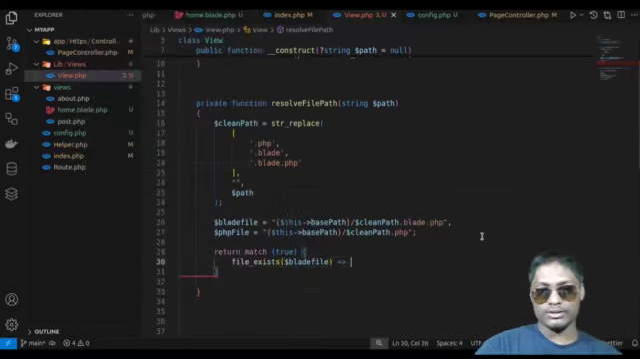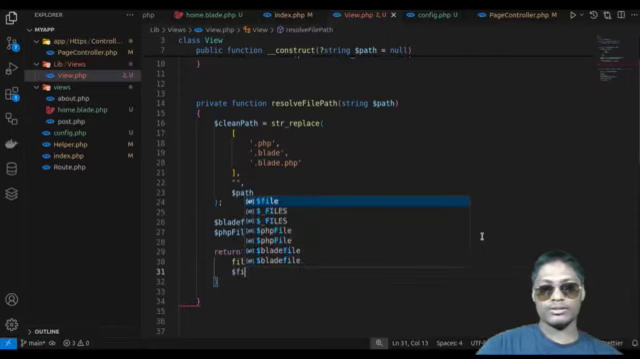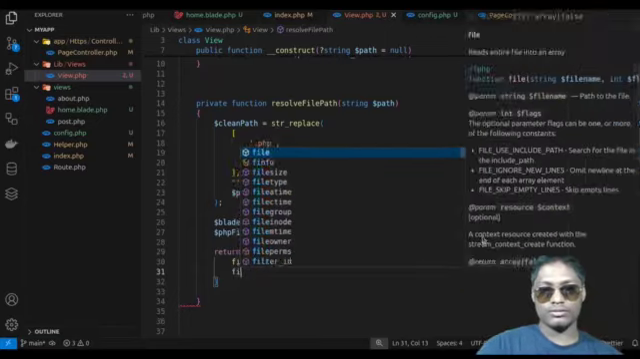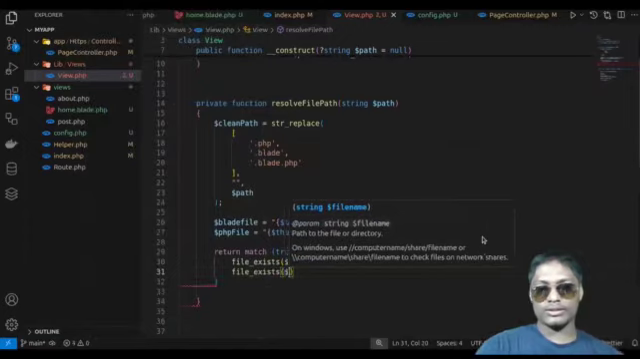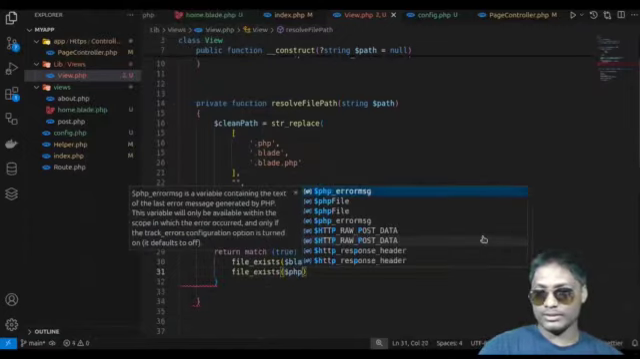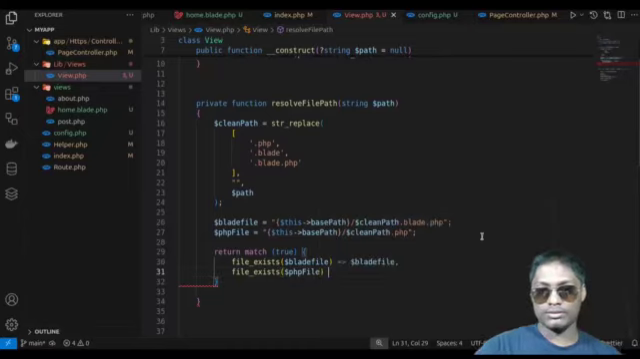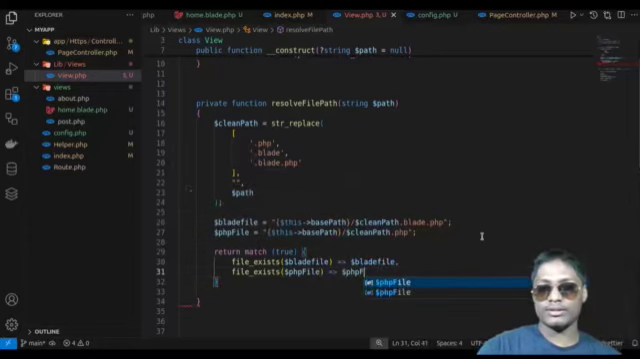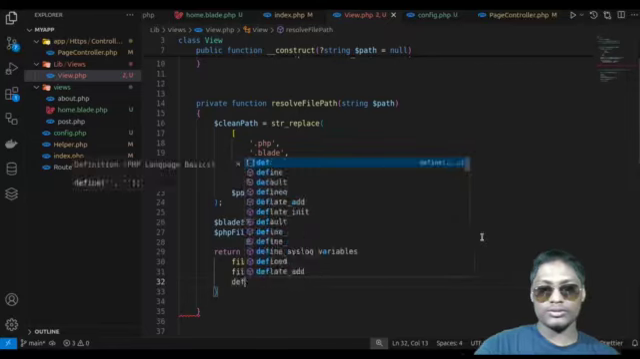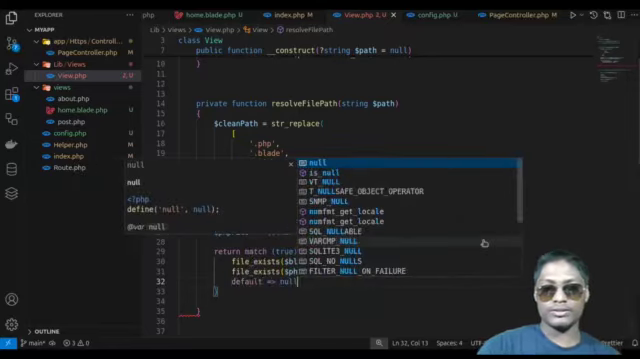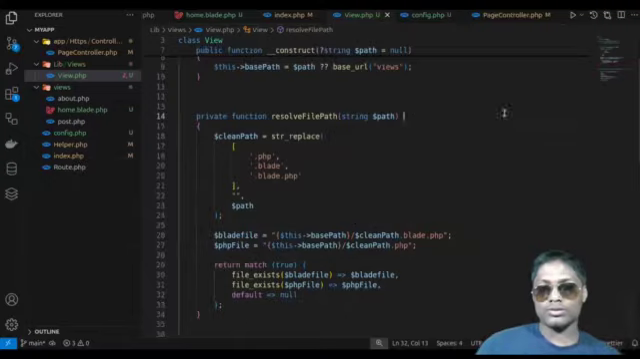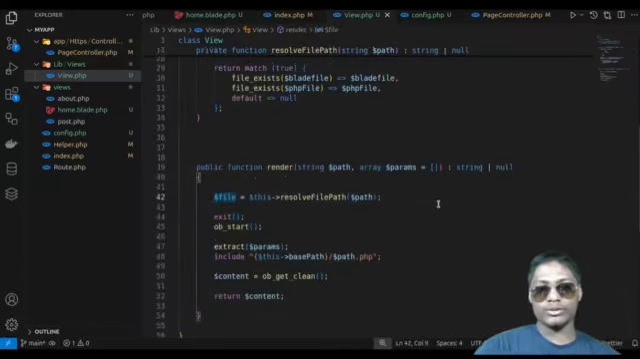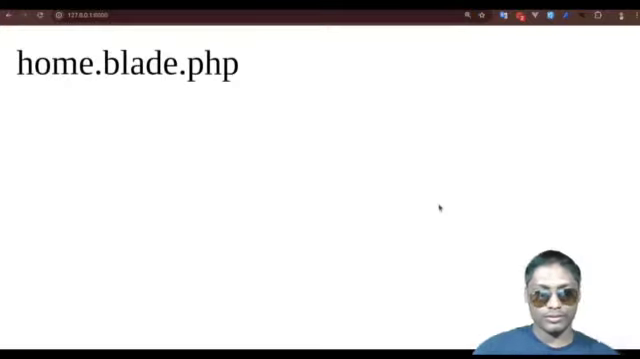file exists, blade file, so return blade file directory. If the PHP file exists, it will return only the PHP file. So default return null. So define the return type string or null. Let's echo our file, return,